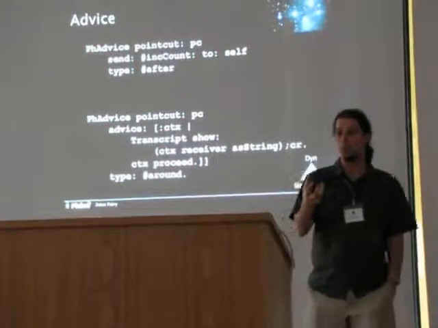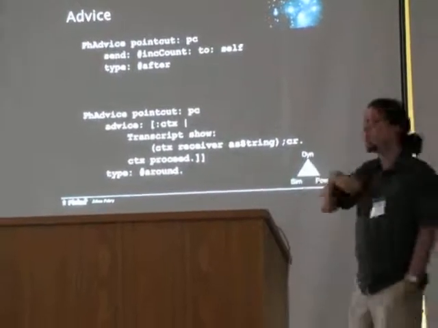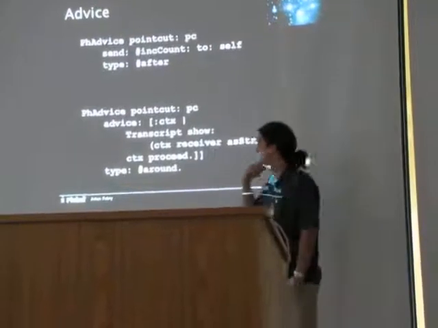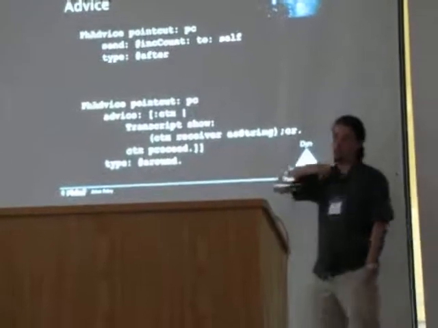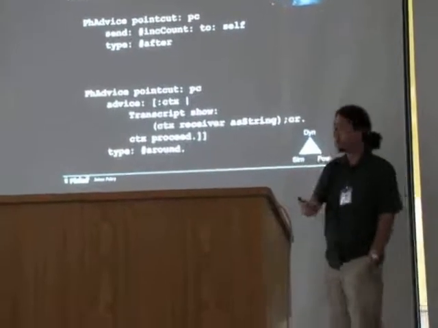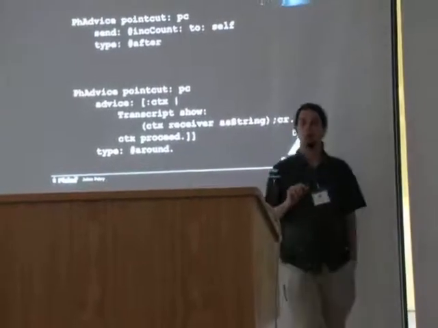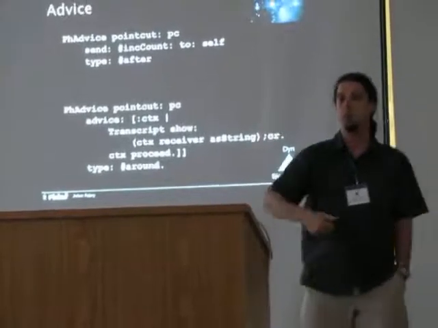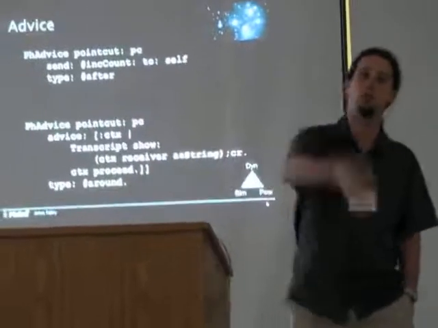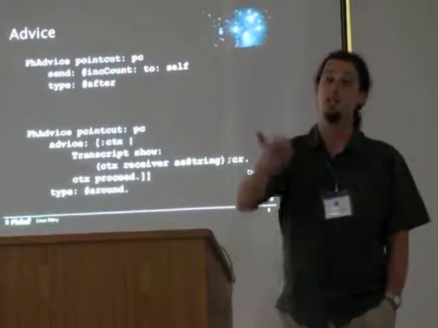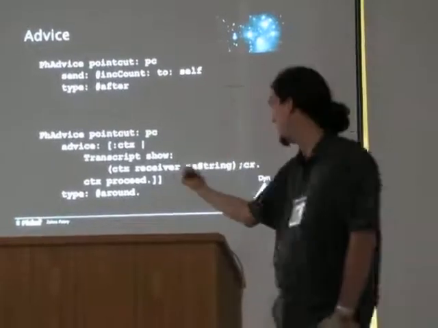The context is an object which collects all of the information that you have exposed from the point kit. What you can do is, if you want to invoke the original behavior, because here we are replacing the original behavior, you simply send the proceed message to this context. The same thing if you want to have the arguments, if you want to have the receiver, if you want to have the target, you just send this message to the context object, you get it, if it has been populated. The point kit decides what it's going to populate, and then the advice can expand.